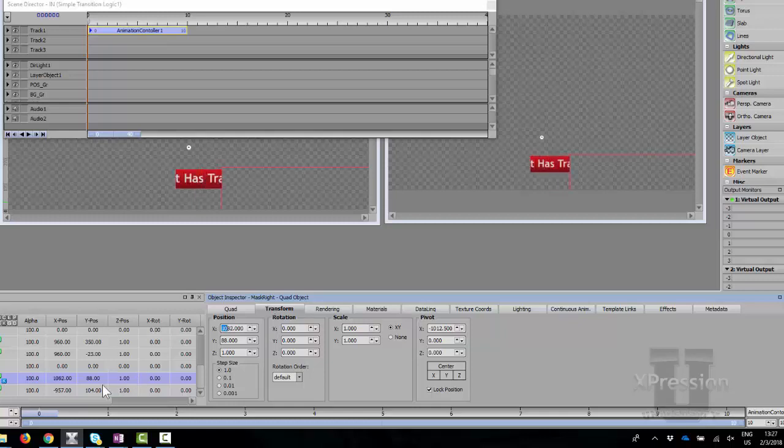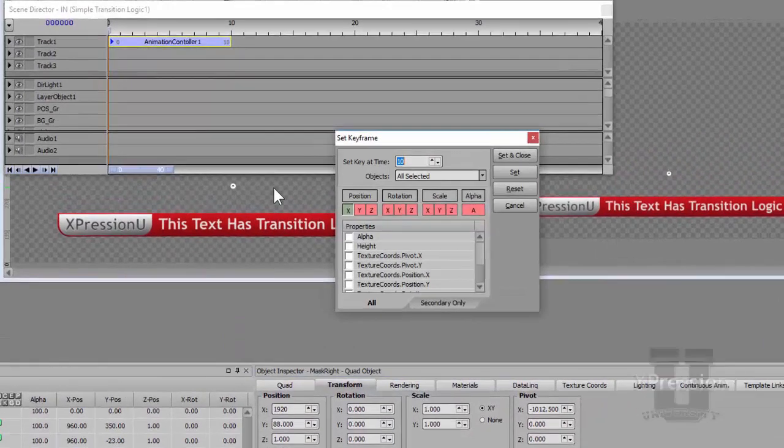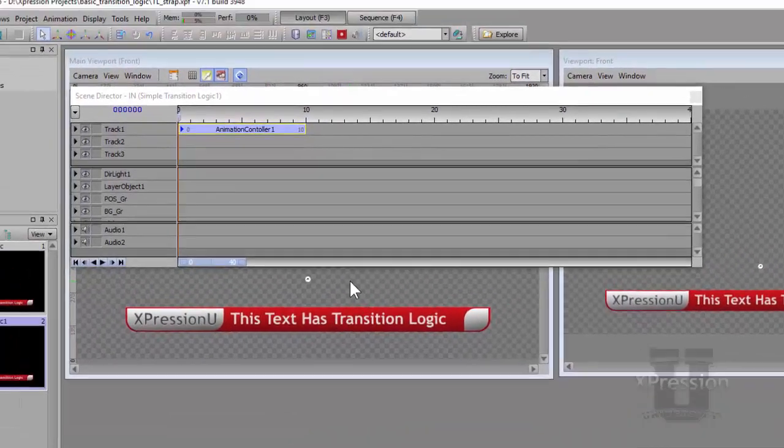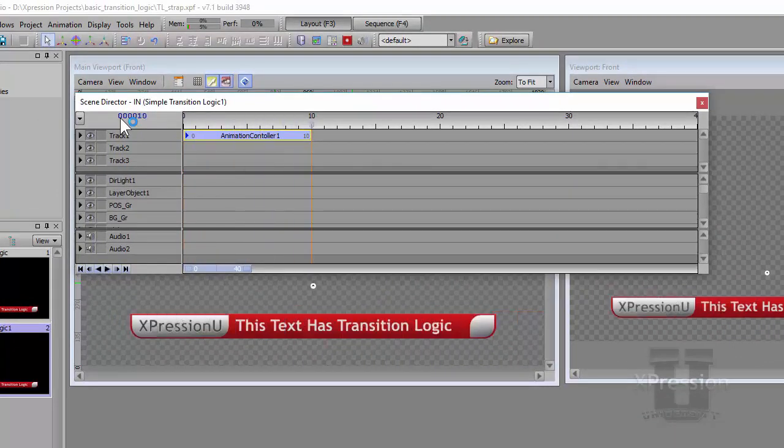So I'm going to move this guy now to, let's say, 10 frames, and then I'm going to move the position so it's all the way off the edge of the screen. So in this case 1920, because this is a HD scene, and I'm going to do Control K and press enter. So that's my 2 keyframes. So what I should have now is a nice animation reveal.